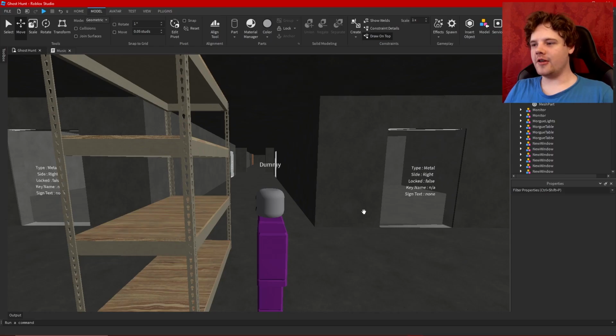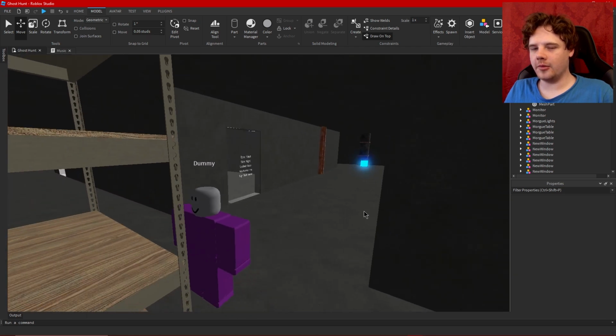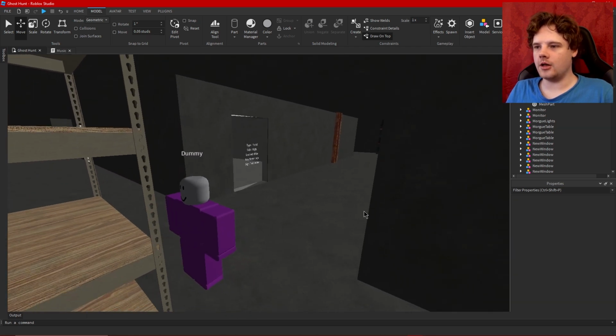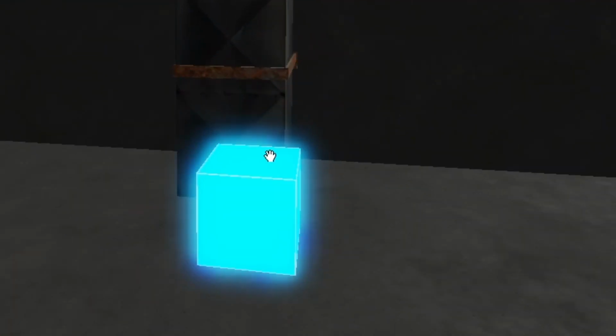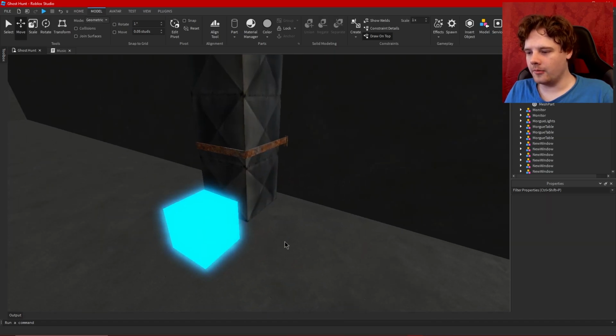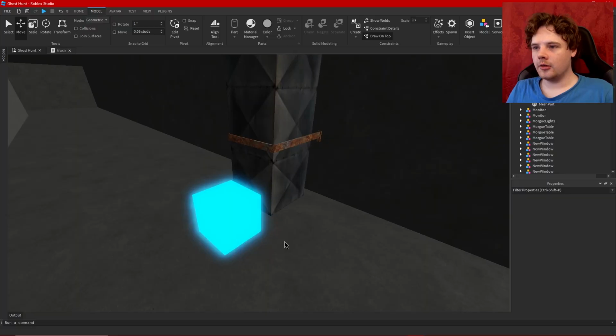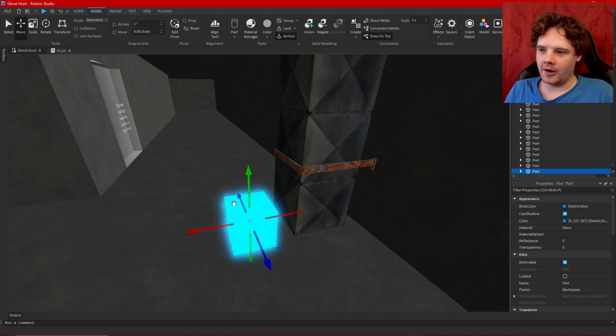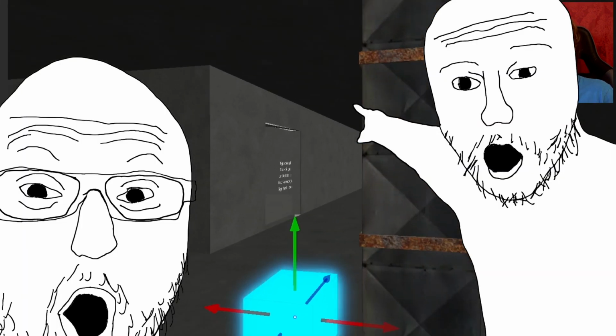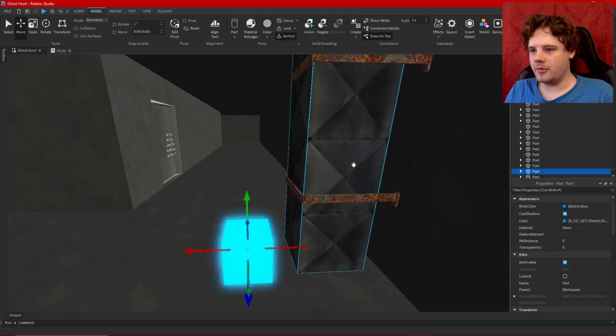So yeah, I'll probably be moving these around the basement, but I'm kind of antsy to release this, but I don't really want to release it without any kind of like paranormal activity happening down here. So that's what this glowing little blue box is for. Sphere, as I would call it, being the 3D modeling expert that I am. This basically just reminds me some kind of paranormal event should happen here, and I want it to be banging